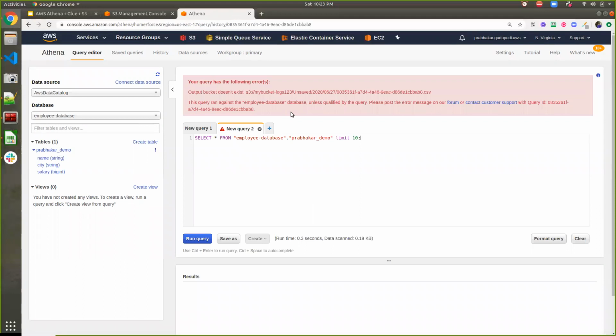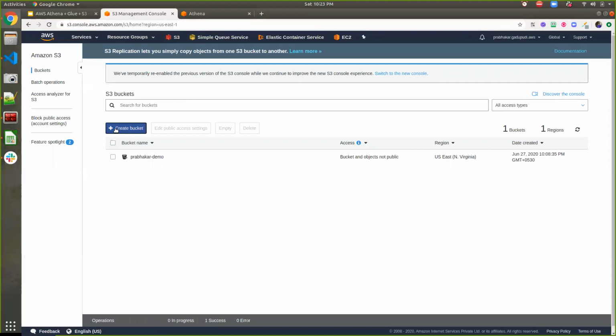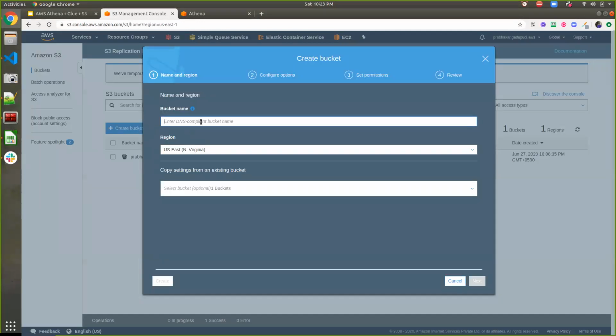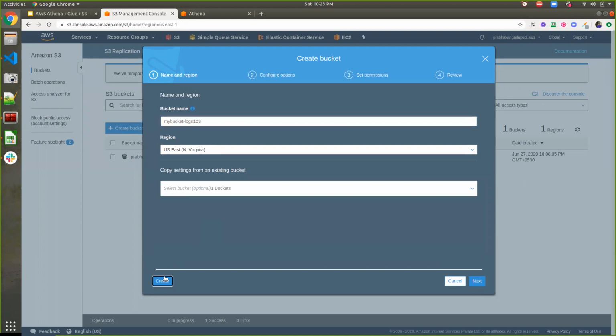Here is the path I can specify. Now go to S3, and here I'm going to create a bucket. The bucket name is my bucket, hyphen logs 123, and create the bucket.